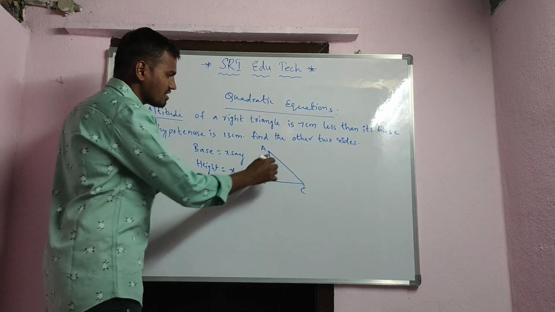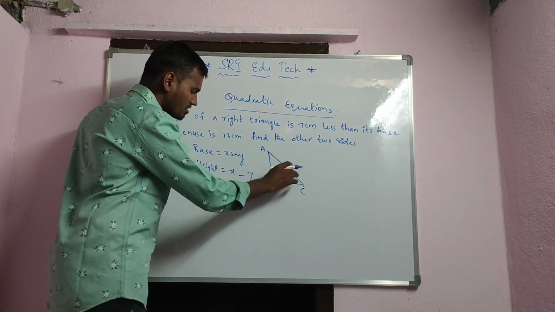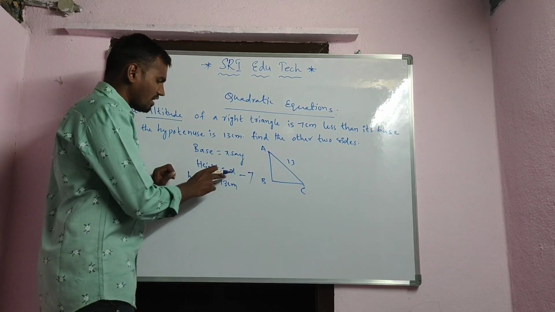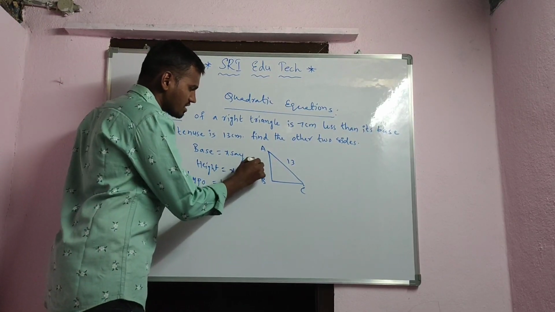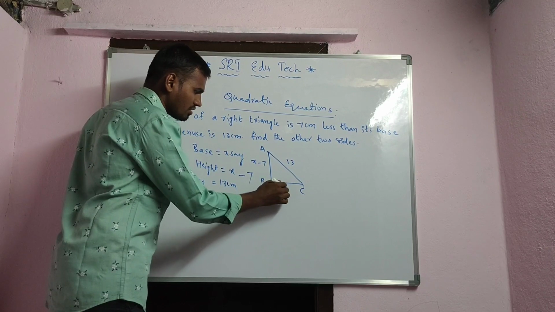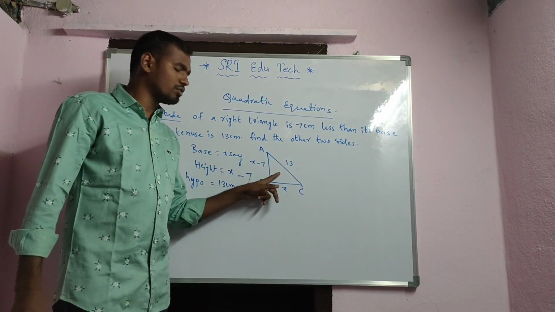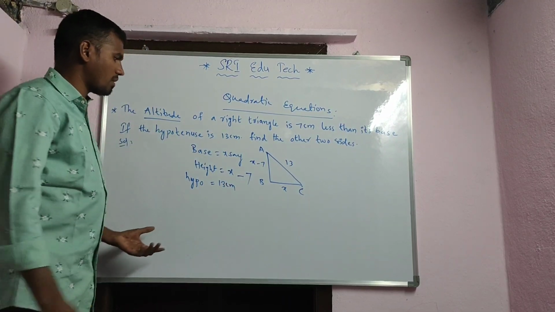Okay? Right? This is the hypotenuse, and how much is the hypotenuse given? 13 centimeters. Okay? Right? How much is the height given? x minus 7. This is the height, and this is the base, which is x. Okay? Right? From this, we have to solve the problem. See,